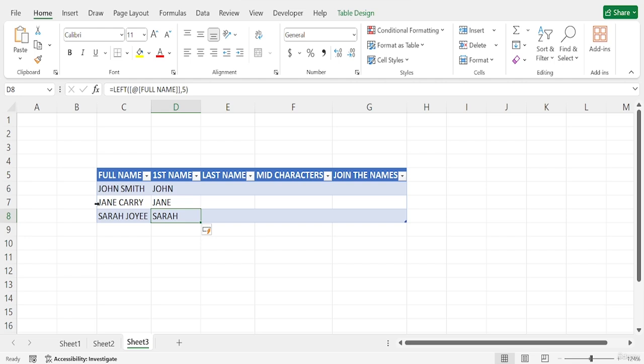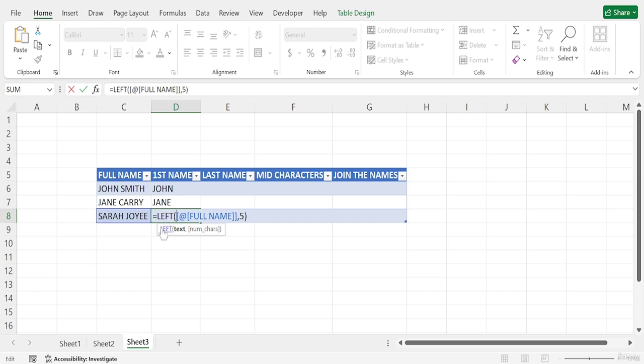As you can see, the names have 4 letters, but when I use 5 in my formula, it also takes the space, which is empty, that's why nothing else appears. But you have to maintain the same character number when you want to extract from a list.